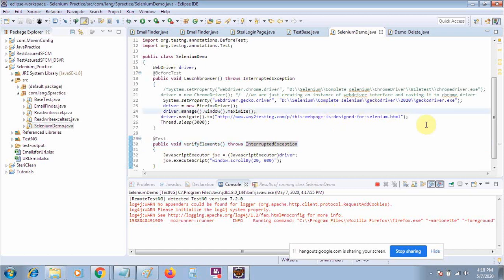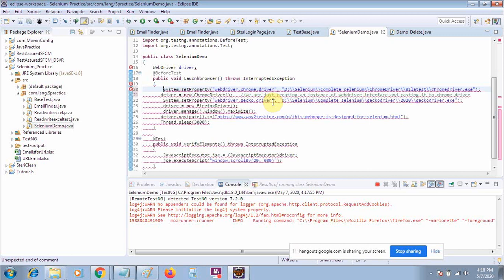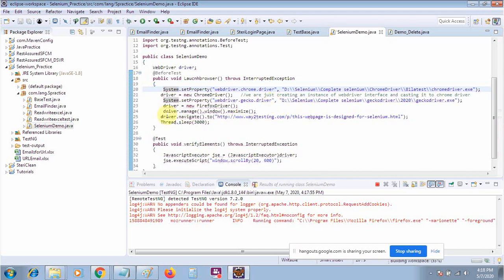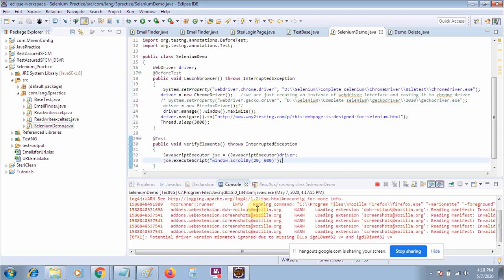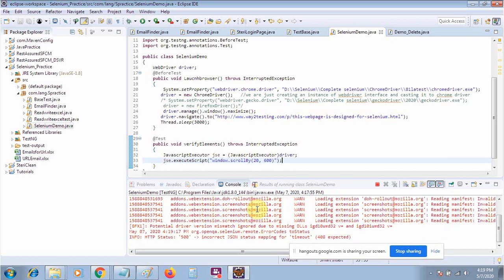From the next time I will use only the Chrome driver, not Firefox. The latest version of Firefox is a little bit slow, that's why it's taking a lot of time. That's why nowadays it is not recommended. Only Chrome and HTMLUnit driver are recommended.